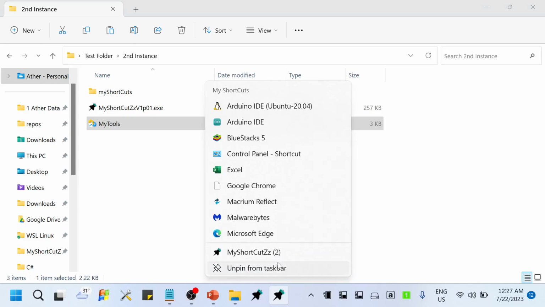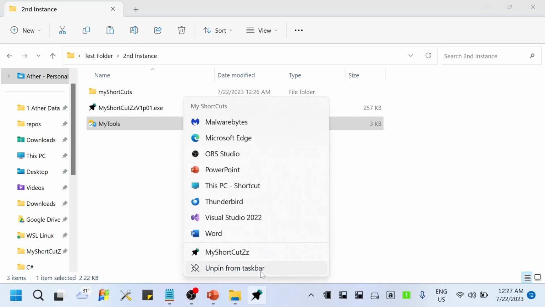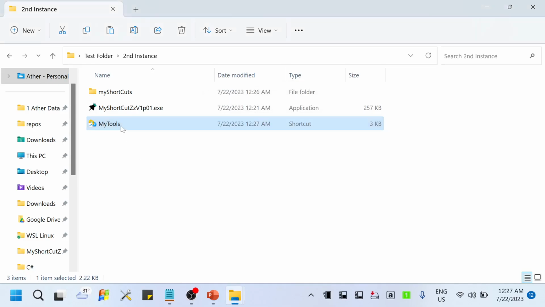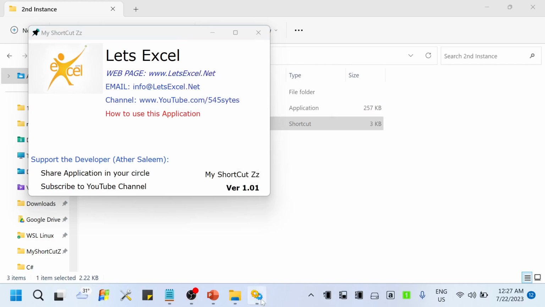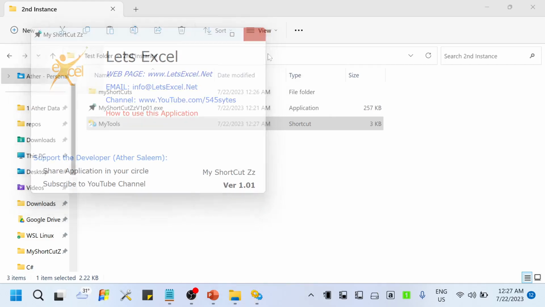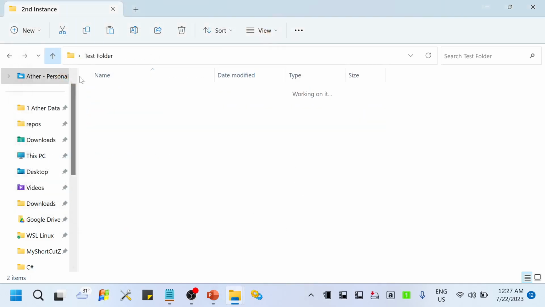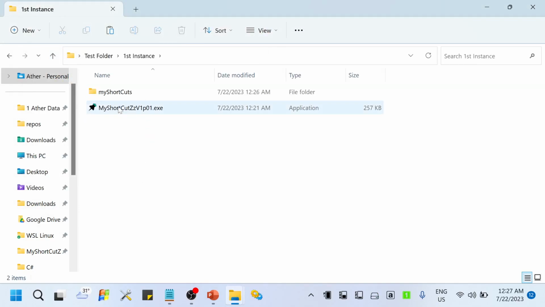What I need to do, unpin these taskbars. Now I will run this my tools. Shortcuts updated. Now I will pin again. Now you can see this icon has been changed. The same way, if I go to my first instance and